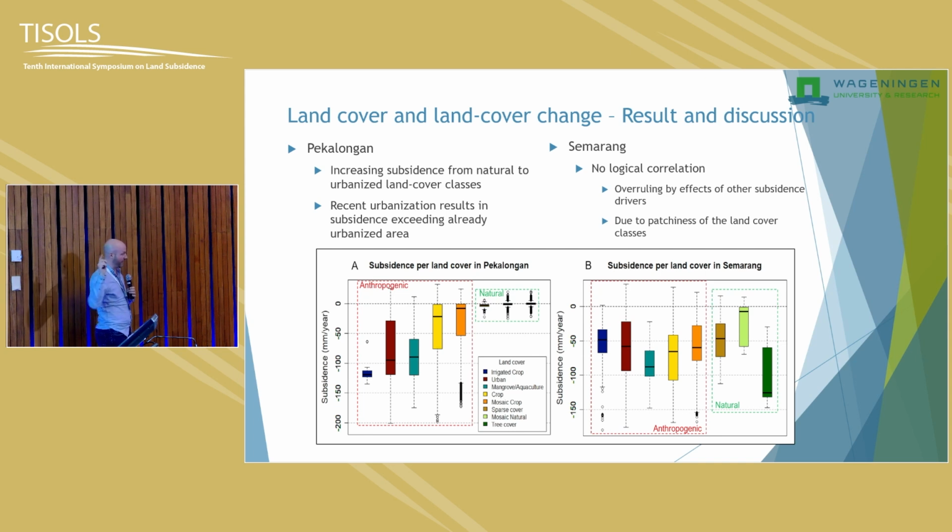They installed some actual benchmarks, let's say land subsidence extensometers. Weirdly enough, they show 0 subsidence in the depth domain. So we suspect that there's something fishy going on in the observations with these monitoring benchmarks, because they would actually suggest, if you trust those results, that there will be 0 compaction happening in the first 100 meters. And that is a bit hard to believe in a setting like that. So we suspect that there's something going on in the way they are monitoring their own benchmark. So we communicated that to them, of course. Yeah. So those kind of data were mainly what we could find. Archive data and